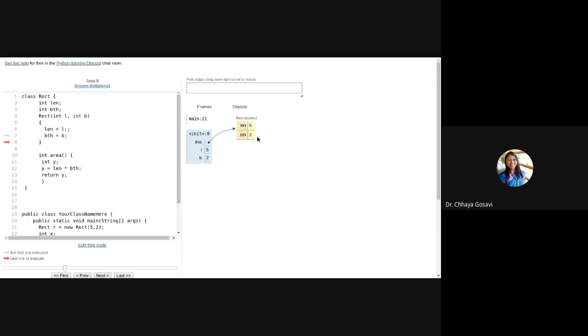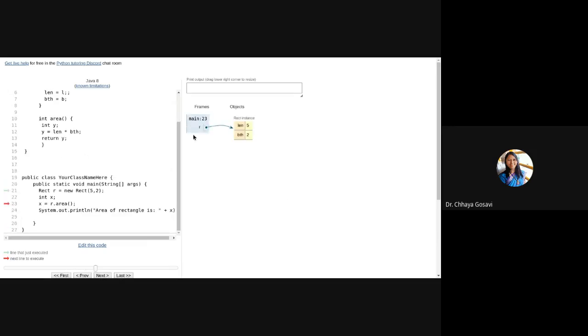So these values are copied here, and our object is ready. Object r is ready with length 5 and breadth 2. Now variable x is created. This is a local variable, and x is equal to r.area. So the area function will be called.